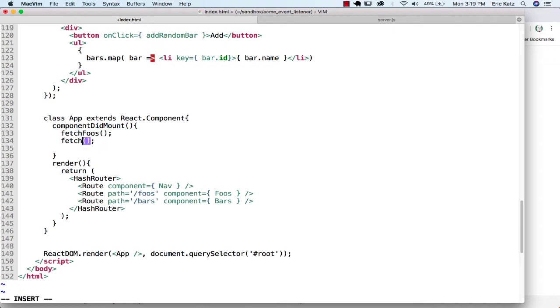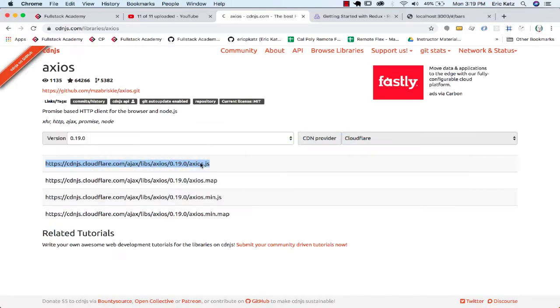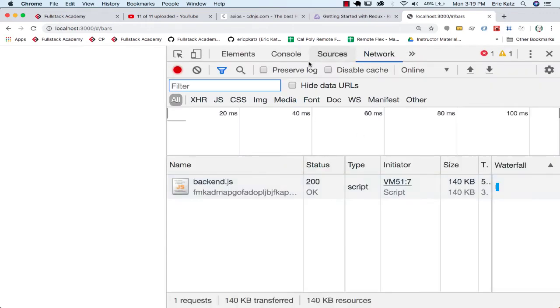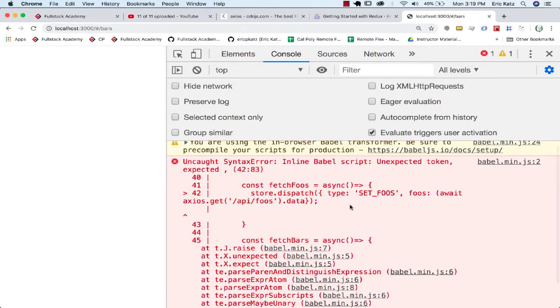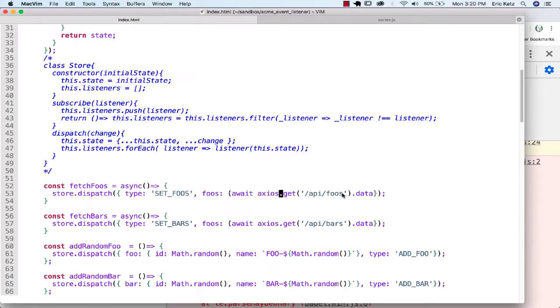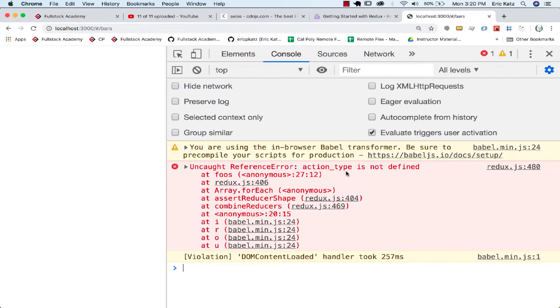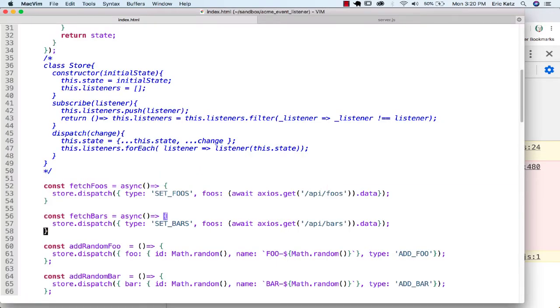So this is going to be fetch bars. And let's refresh this. Take a look here. And let's just take a quick look, so I see here I'm missing, this needs to be around here, right? I need to await, get this data before I can end up calling data on it. So I was missing a parenthesis. Let's refresh this. Action type is not defined, and that's true. So when we end up calling this,